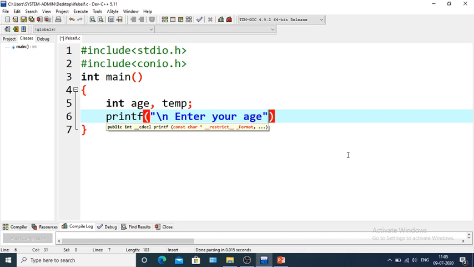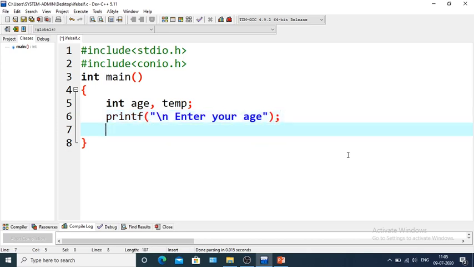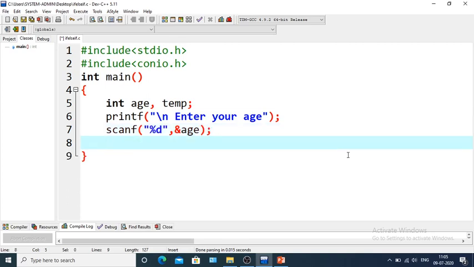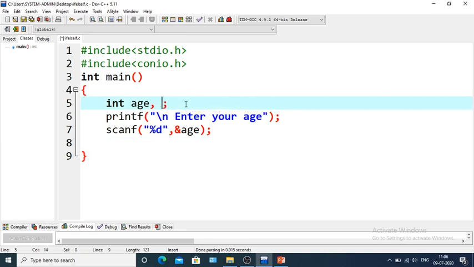Next scanf, the age will be taken as input, that is %d, &age. So the logic is, if the age is greater than 18, then we can say that he is an eligible voter.